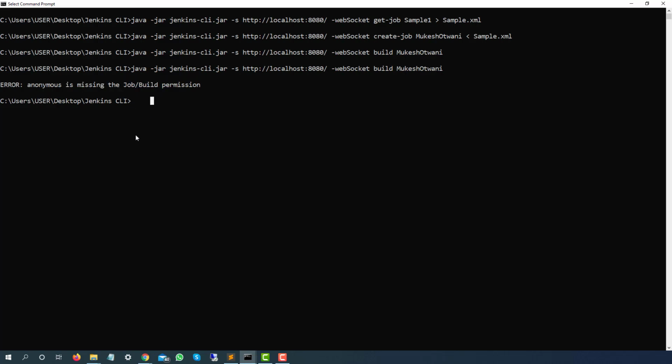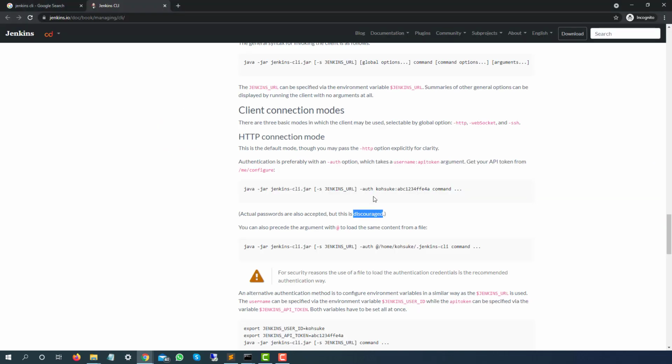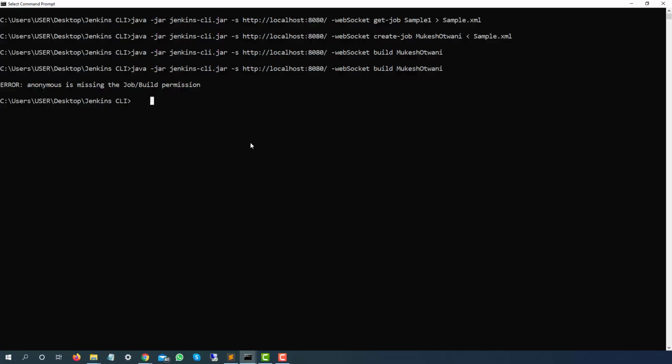Perfect. Now how we can pass the permission? So basically you have to use something called -auth. Just after the Jenkins URL, you need to pass your credentials, then you can execute any command. So in my case, this is the command that we need to execute, build, right?